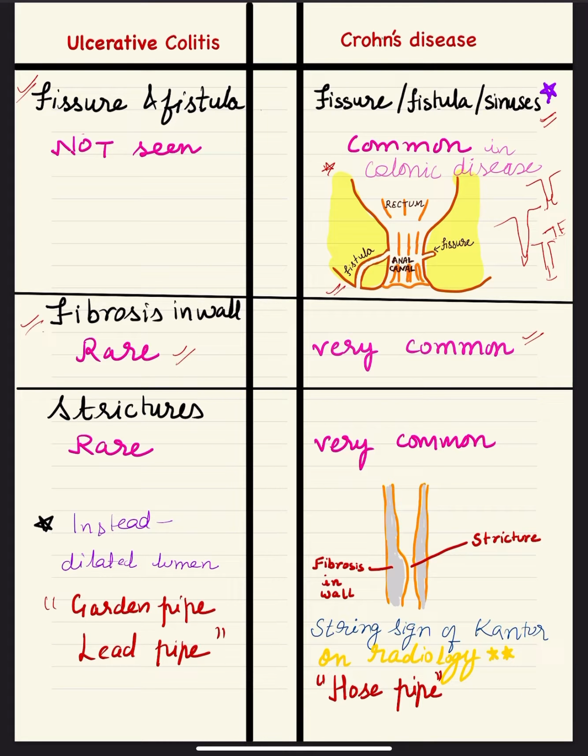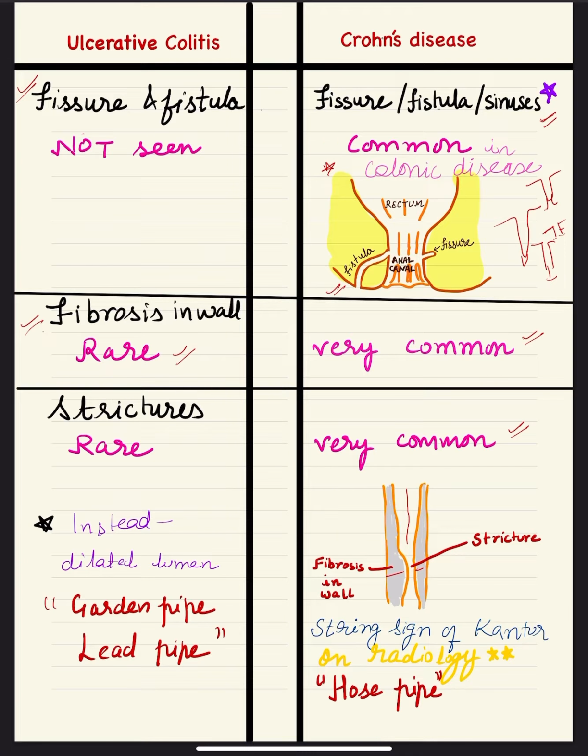Again, stricture formation, because there is a lot of fibrosis in Crohn's disease, and the wall is thickened. There is transmural inflammation, so there will be narrowing of the lumen of the gut, and this is known as stricture. Here we can see this is the lumen, and here it is narrowed. This is stricture. Stricture is seen more commonly with Crohn's disease, and when we do barium studies,